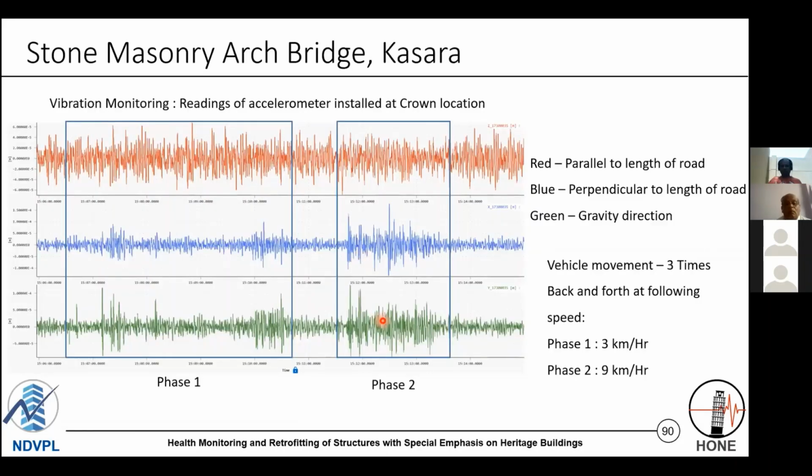These readings are very useful for two purposes. One, you can integrate the acceleration result to get the deflection or velocity result. You can relate it with PPV and acceptable acceleration values. And most importantly, these are the signatures of the structure. If 20 years later I check this structure again for vibration and compare the result with 20 years ago, I can tell something meaningful about the deterioration state of that particular structure.